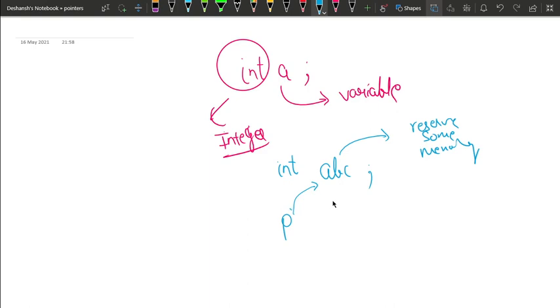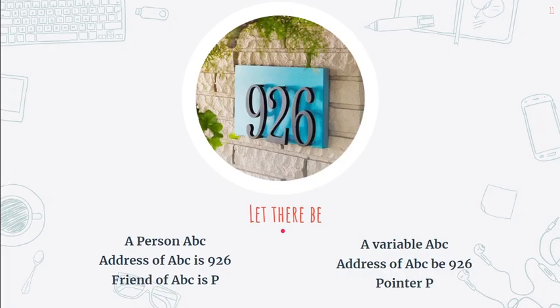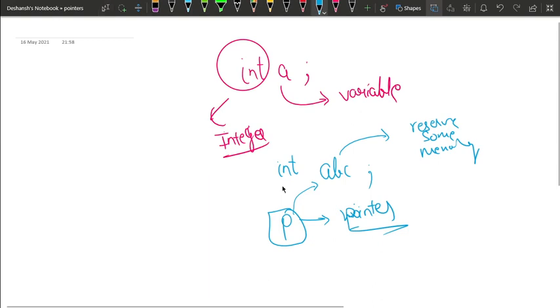So this is exactly what we call a pointer. So a pointer is nothing but it keeps the memory address of variables that we define in our program.